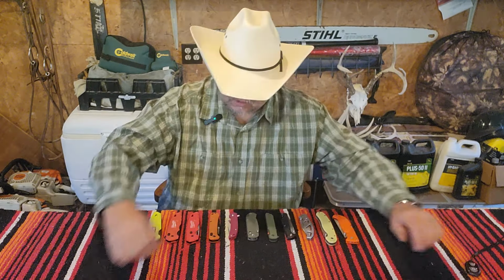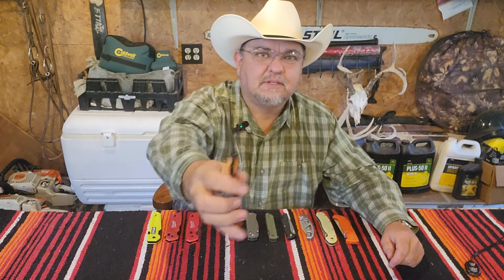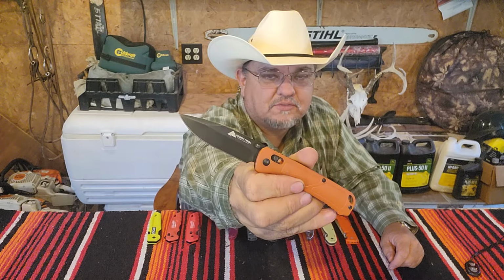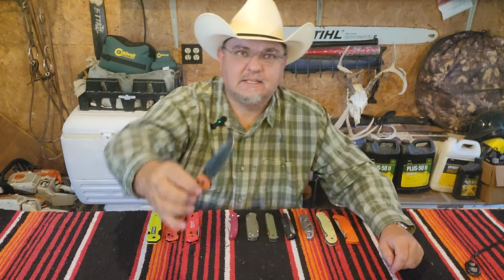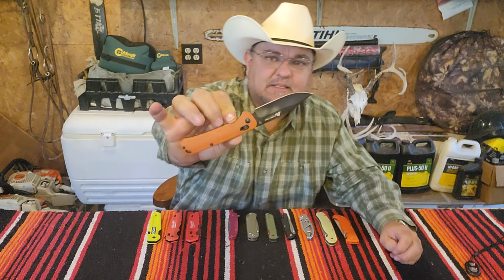Chandler's Legacy Farm here. I know I'm very late to the game, but look at that. I have finally got my hands on one of these things. Finally. It is the D2 steel made. It is the Ozark Trail in D2 steel with the orange handle. It is the knife that is